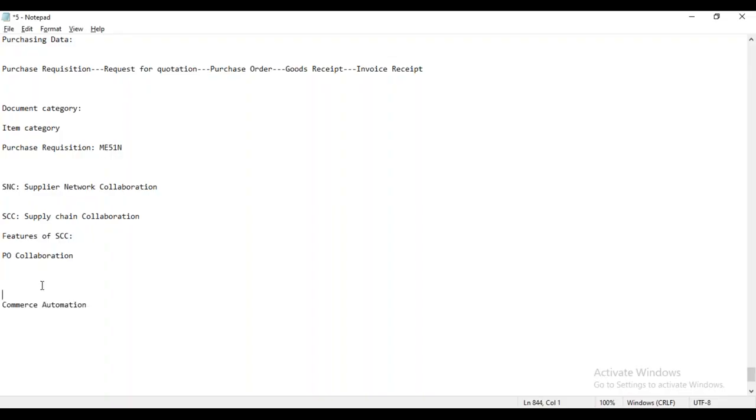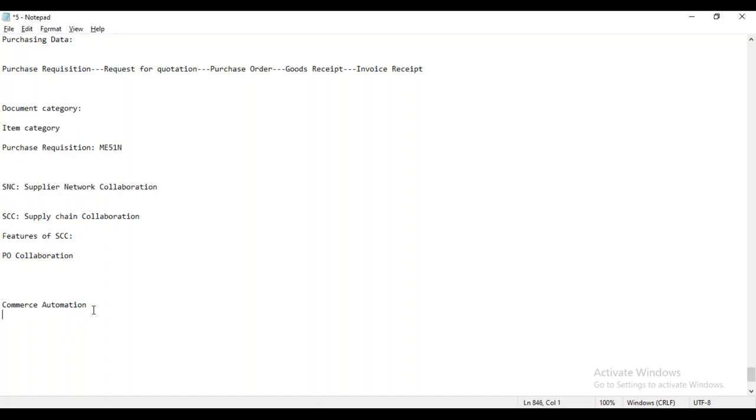So let's start on this part. Let me try to correlate from the implementation point of view, then I'll come to this integration part. Whenever you get a chance to work on any Ariba SEC or commerce automation implementation project, Ariba follows the SAP Activate methodology, and in SAP Activate we have 4 steps: